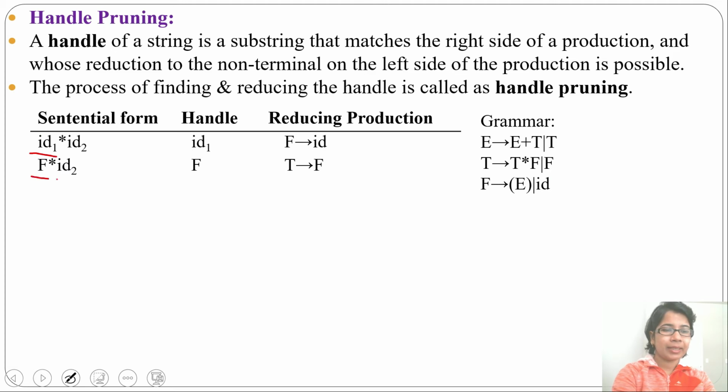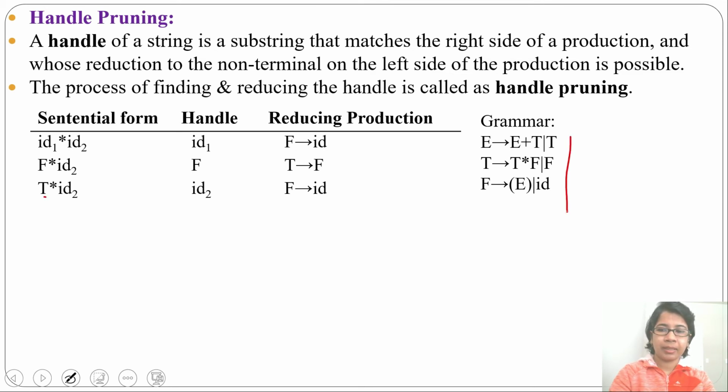Now just check, is F multiplication ID present on the RHS? No, just F is present. For the reducing production you can use T derives F. And what is the handle? This F is the handle that is present on the RHS. Now we'll reduce F to T. Now check whether T multiplication ID2 is present on the RHS. No, T multiplication ID2 is not present.